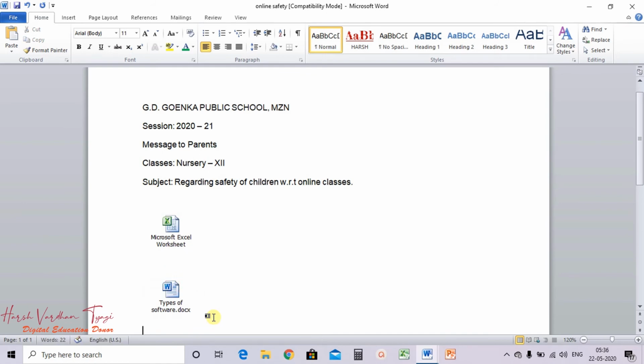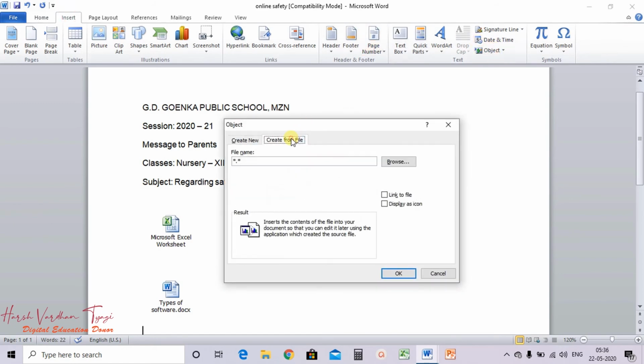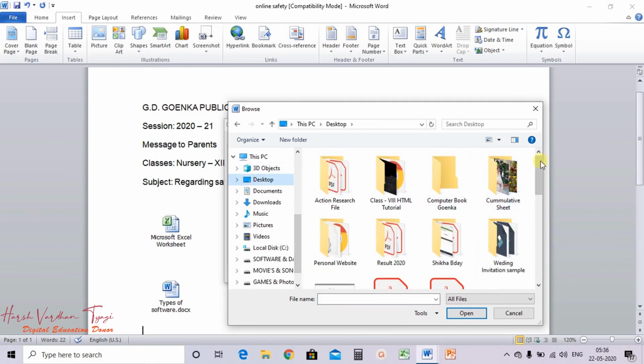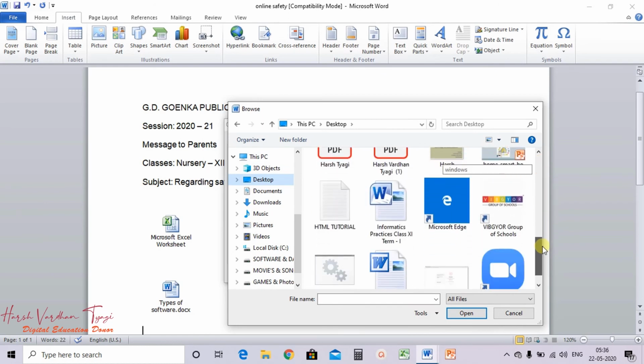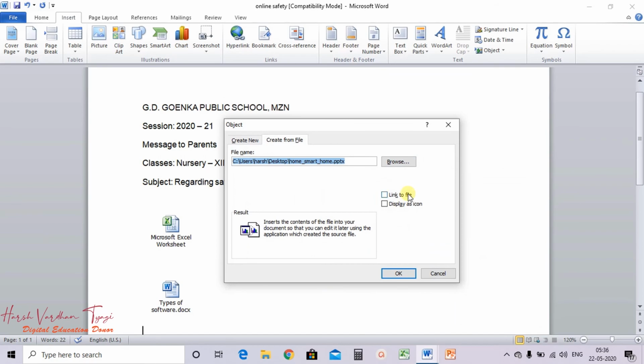Let me also show you that you can insert other formats also. Object, create from file, browse, then going to desktop, this PowerPoint presentation I am inserting.